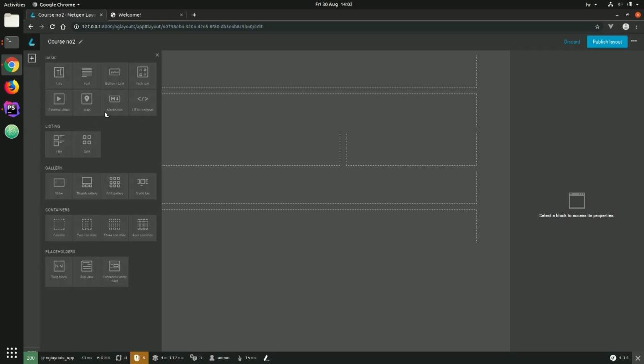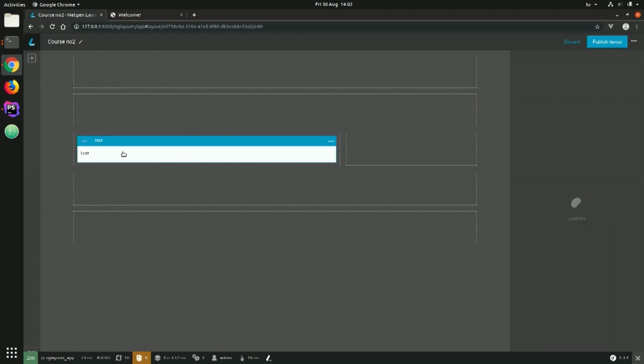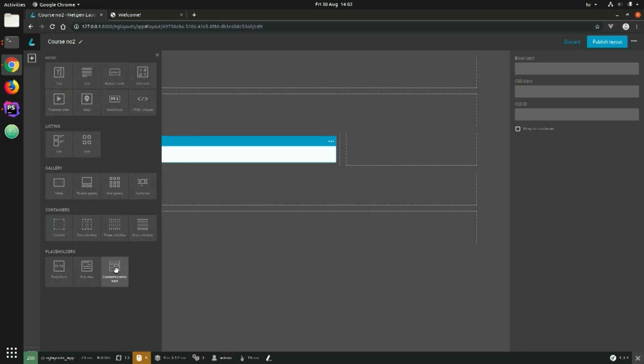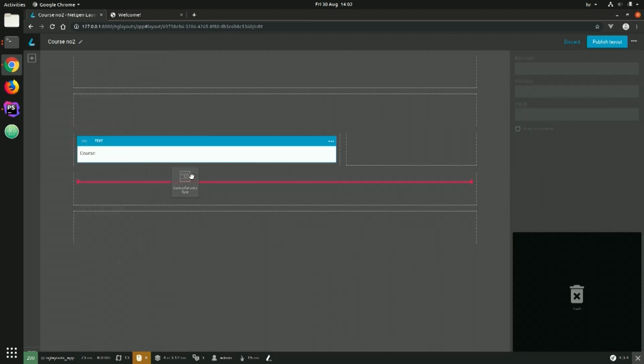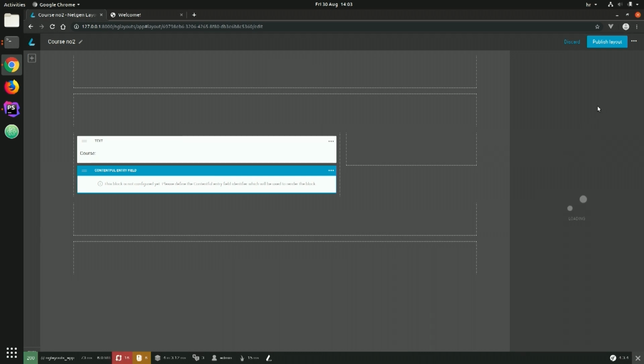I will do some kind of, let's say, a text block, just saying, this is, let's say, kind of a label for course, and then I will add something specific. This is the Contentful entry field block, and I will place it here, and then what I will need to do is,